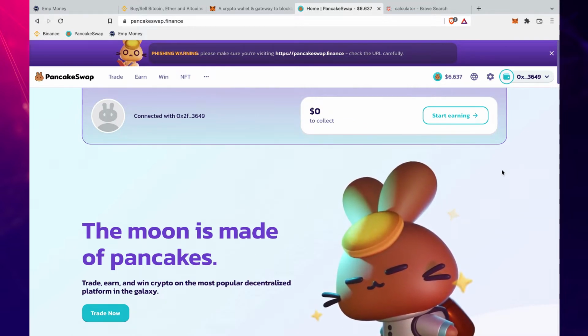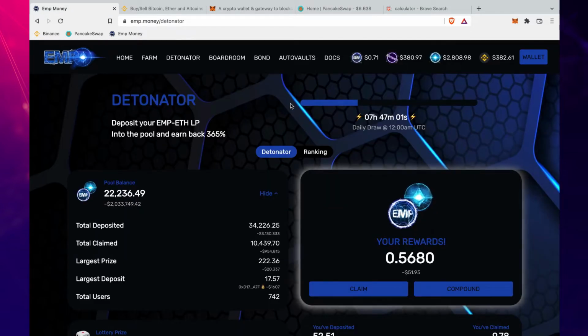you can easily create your own EMP-ETH LP tokens on the Binance Smartchain, so you can also participate and deposit your LPs in the EMP-Money and Detonator protocols, and enjoy this excellent DeFi passive income opportunity while it's not too